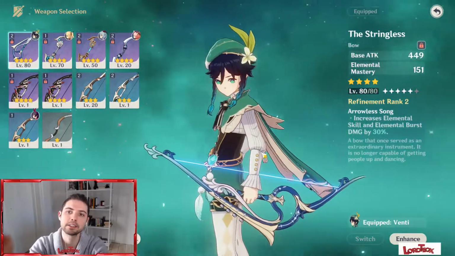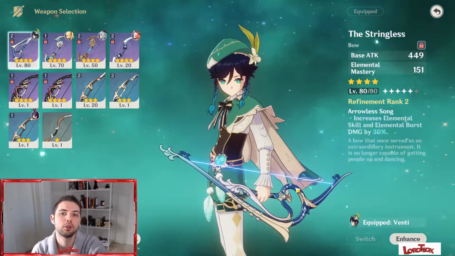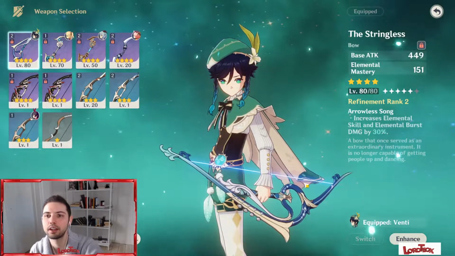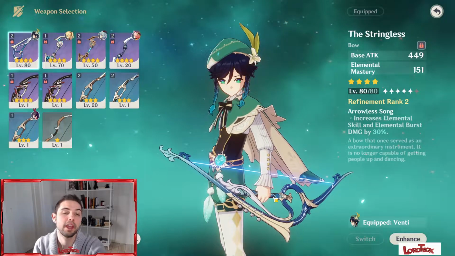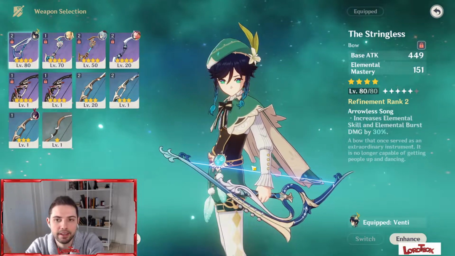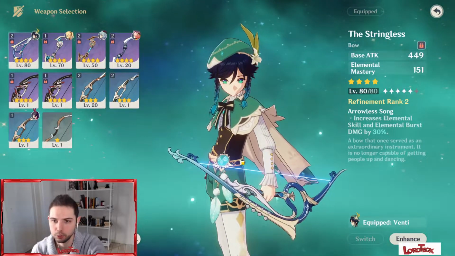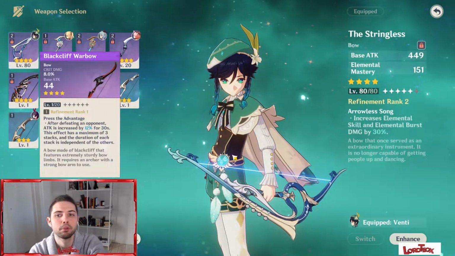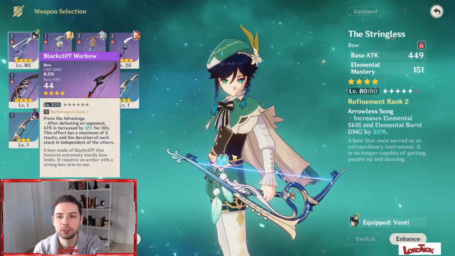So the Stringless, with elemental mastery as a substat. I will tell you already that at refine rank 1, for me this is the best 4-star option we have in the game so far, and I will explain why now compared to the other weapon, but it is also the weapon I use. The Blackcliff Warbow, with critical damage as a substat, is also another good option that maybe a lot of players don't really take into consideration,